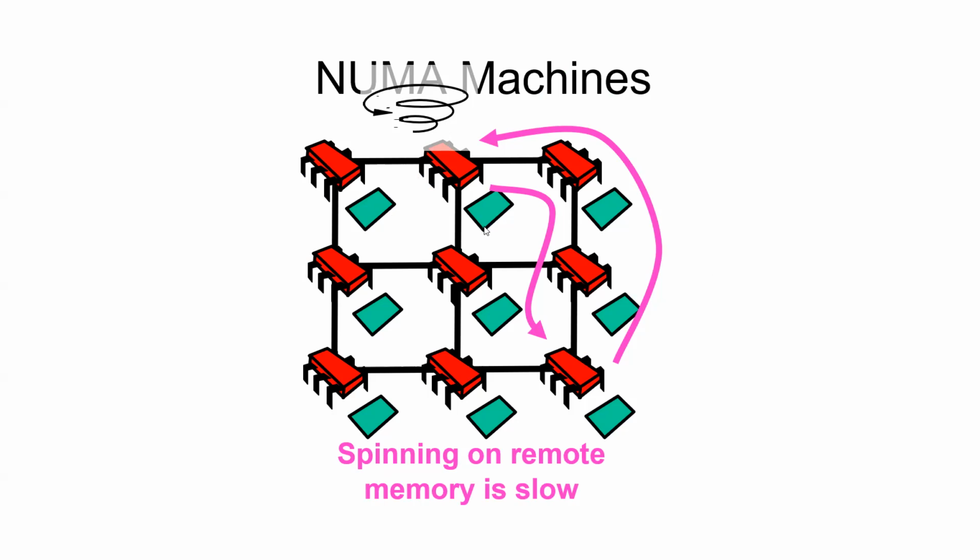Now, in NUMA architecture, in CLH lock, each thread spins on its predecessor's location. Whenever you apply CLH lock on NUMA machines, it causes a problem. Why? Because if the particular thread is spinning on a local location, the memory will be fast. If it is spinning on a remote location, memory will be slow. So to overcome this problem,